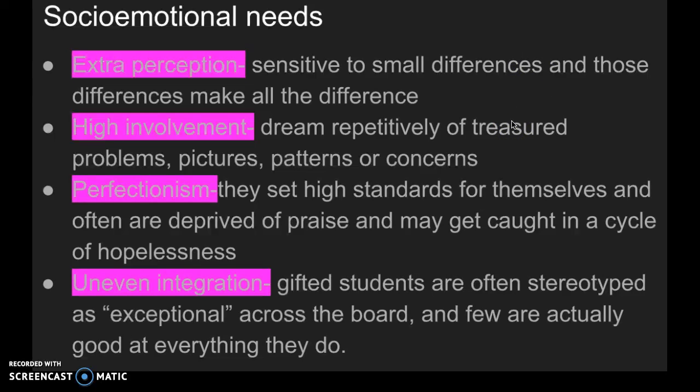Perfectionism, they set high standards for themselves and are often deprived of praise and may get caught in a cycle of hopelessness. So this one right here is students are often trying to be perfect, and they think because they're smart they have to be perfect, but that's not necessarily true. They're ultimately kids, and sometimes they are going to fail, but you have to let them know that's